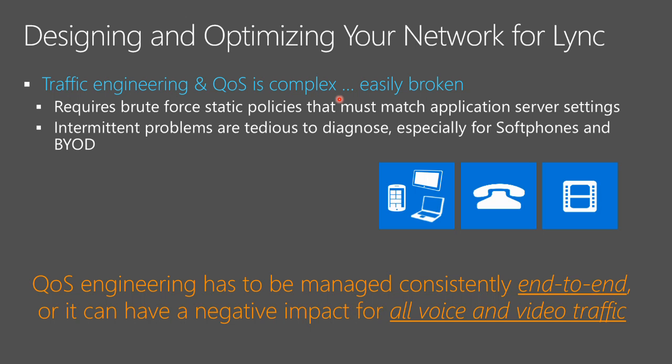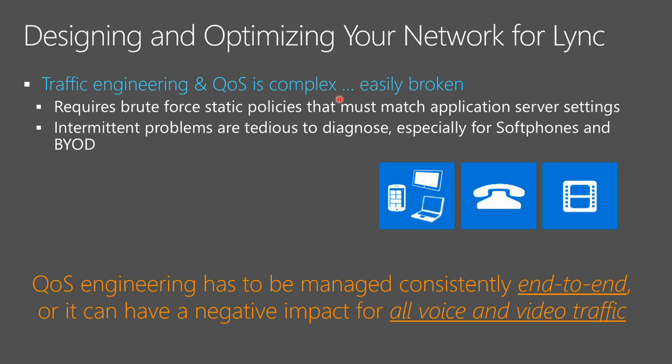There are lots of companies that make a lot of money going into businesses and doing network assessments. And it's a challenge. Doing good quality of service across an entire network is not easy, it's not trivial, and it takes time and effort, and you have to initiate consistent policies across the entire network, from campus to the core